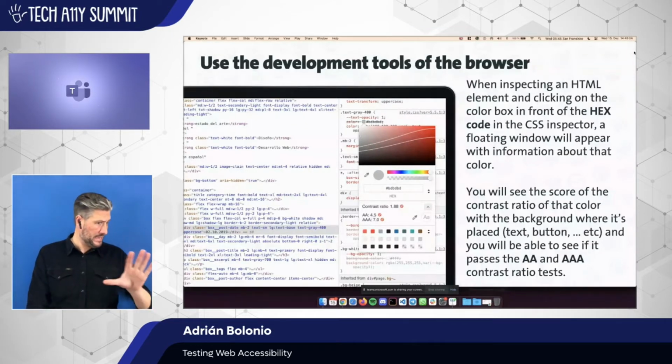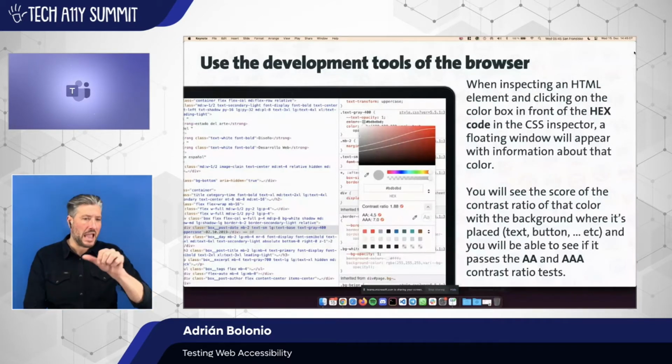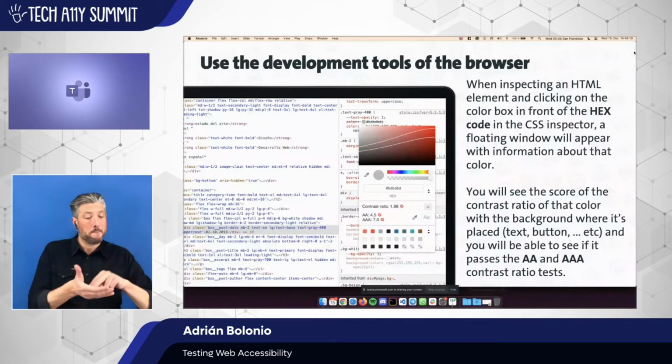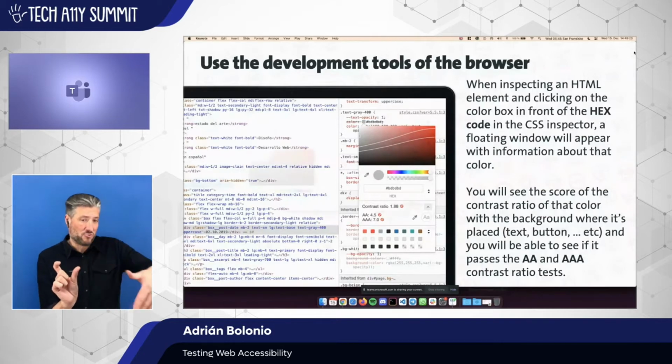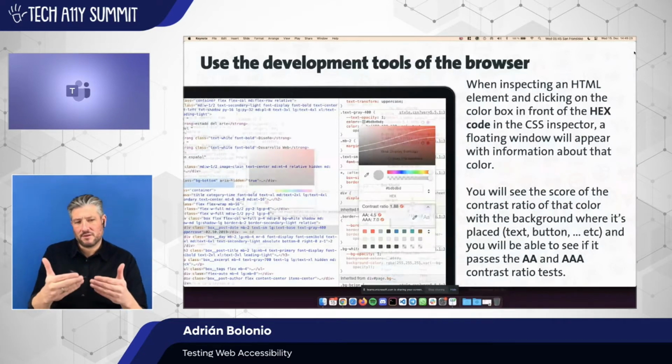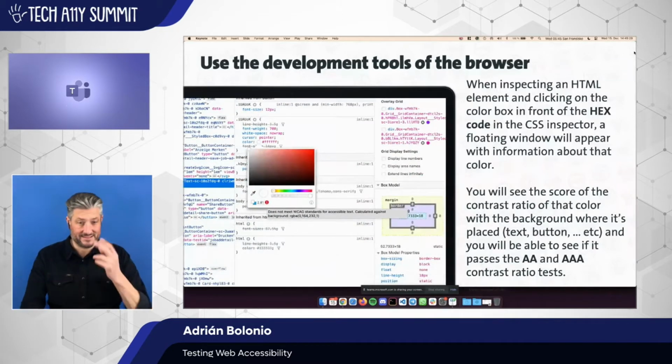And this value is going to tell you if the AA or AAA values are passed, so the tests are passed or not. This is the contrast ratio between the color of the text and the color of the background where this text is located. As well, you have it in Firefox, pretty much the same color picker, so both browsers have this